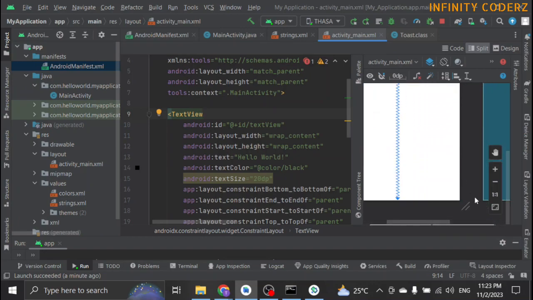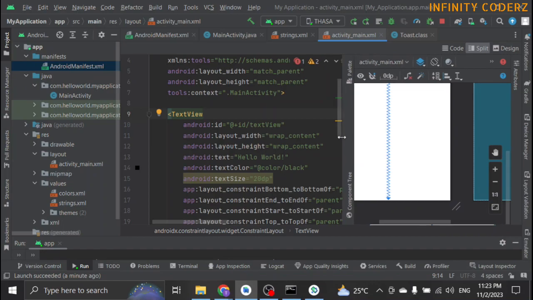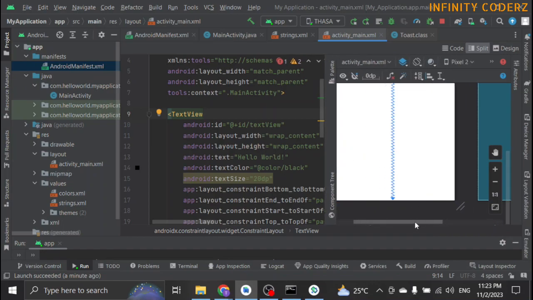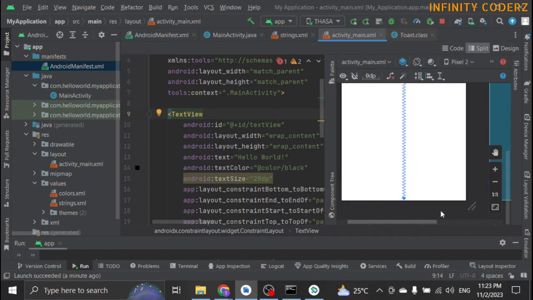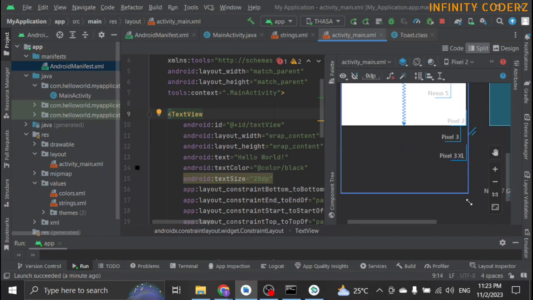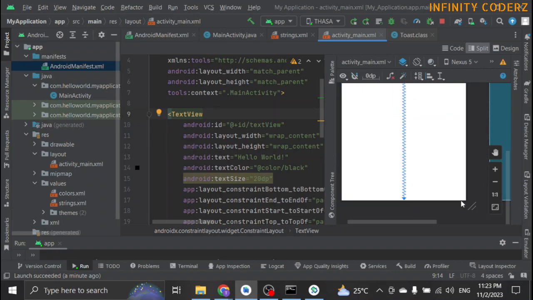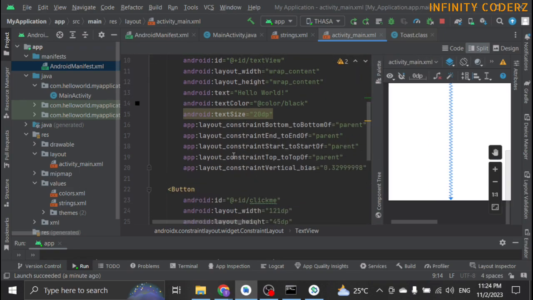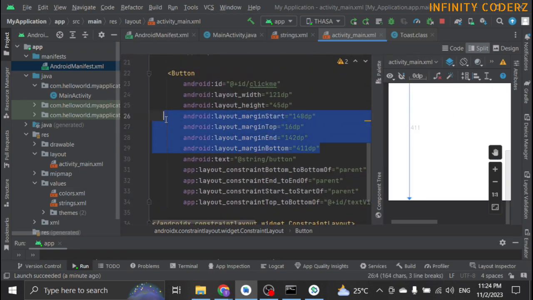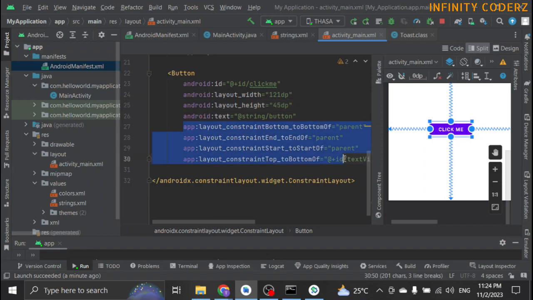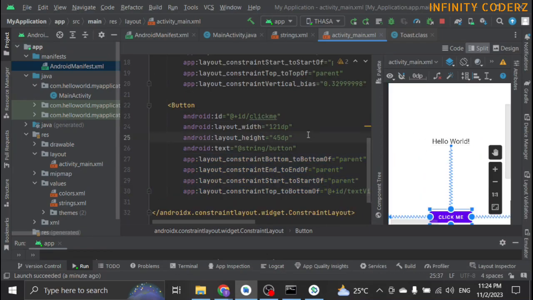In the actual world, we're using different dimensions of devices and every manufacturer has their own sizing. Currently, I am using the Nexus 5 emulator, but my dimension is for Pixel 2, which is a much larger dimension. After making the changes in the design view, we could see the button is outside of the dimension of the layout. One of the best ways to fix this is to remove the layout margin for the button that was declared. Once removed, we could see the button appearing inside the layout dimension.